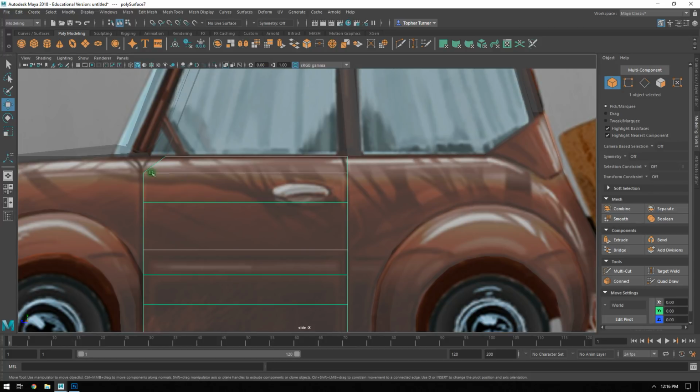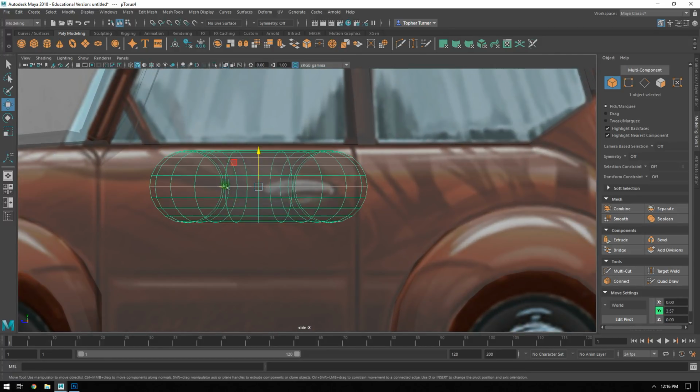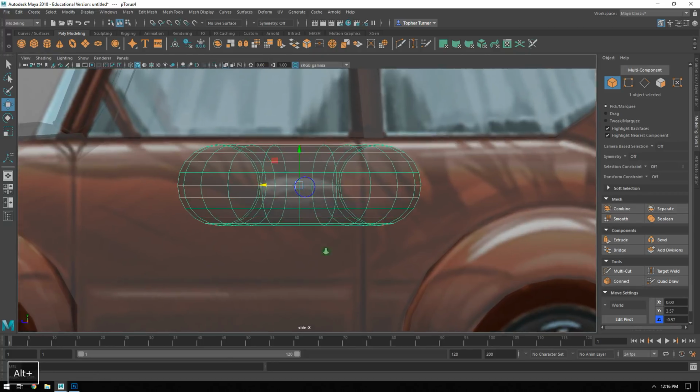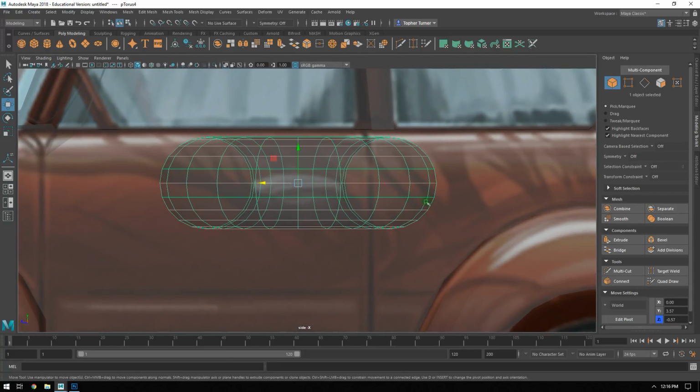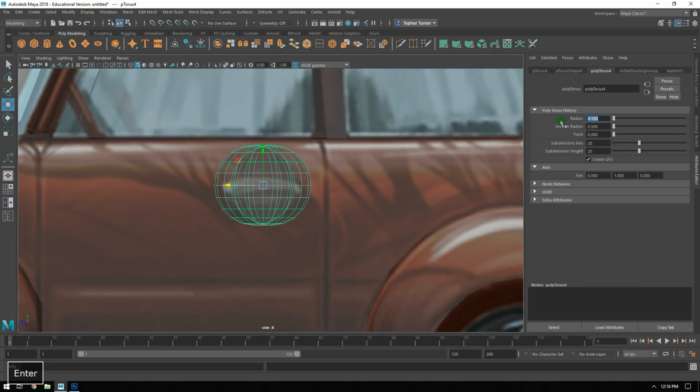And the reason I want to start with the door handle is that it'll make it a little bit easier to make the hole for the door handle if I get this built kind of the right way. So I'm starting with a torus because I like the rounded shape that it's already giving me here. And let's go into the attribute editor under polytorus, and I'm going to bring the radius down to something like so,